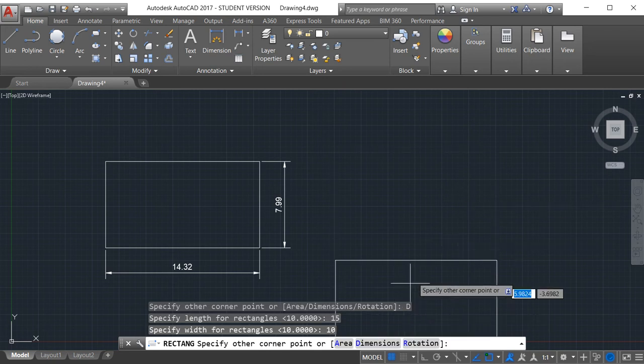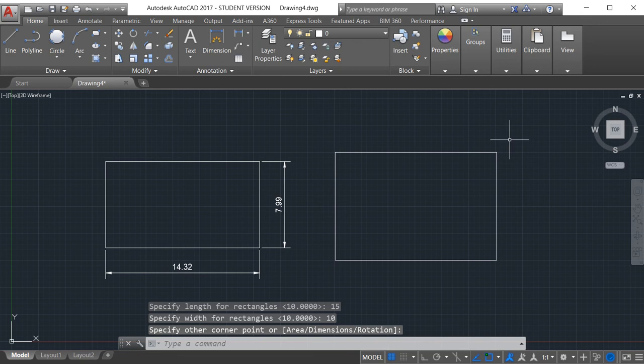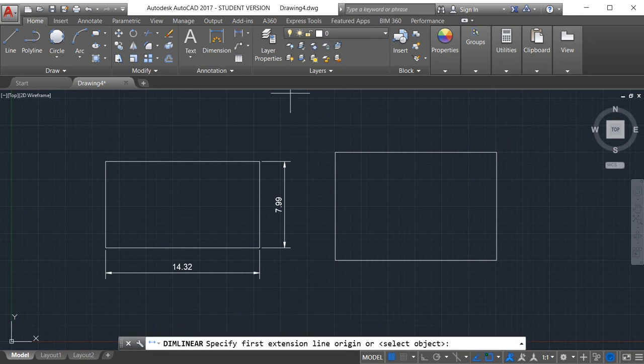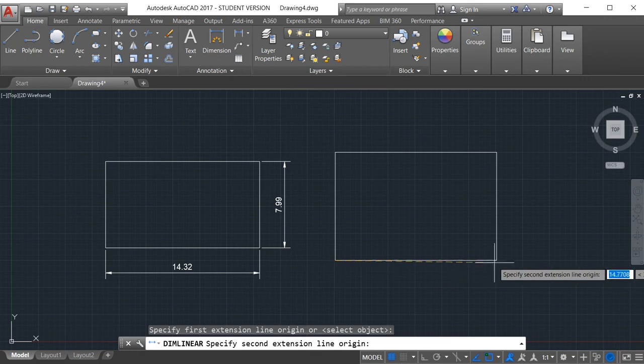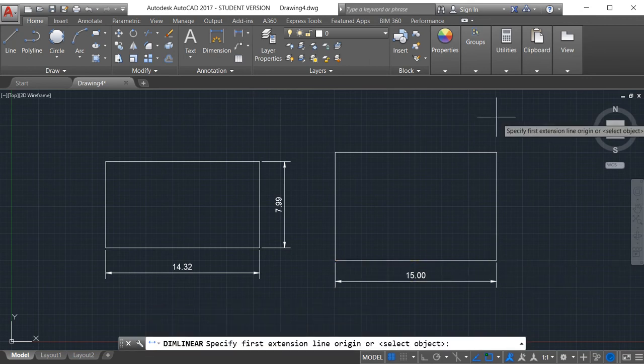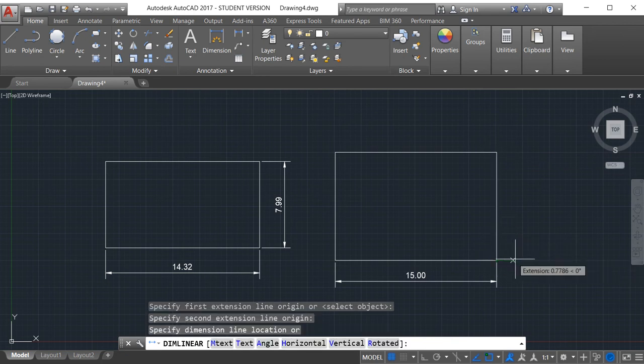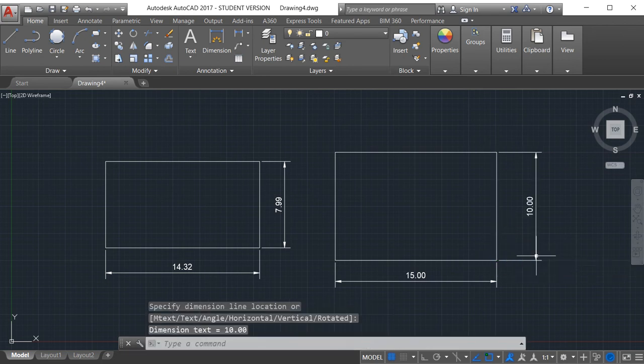Now I can reverse the direction also. Suppose I click in the above direction, positive direction. So this will be our rectangle of length 15 and width 10 units.